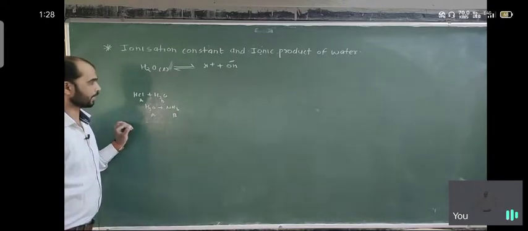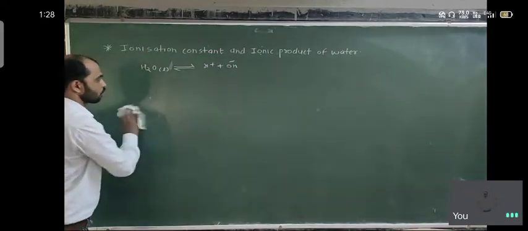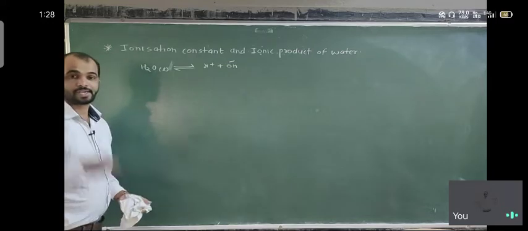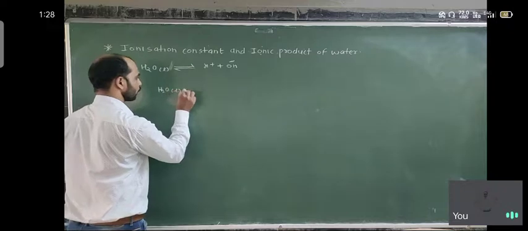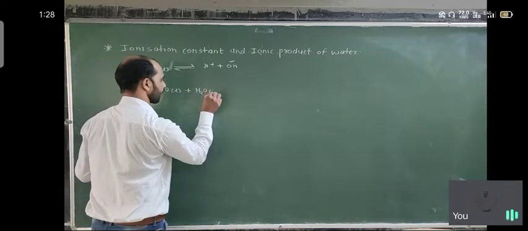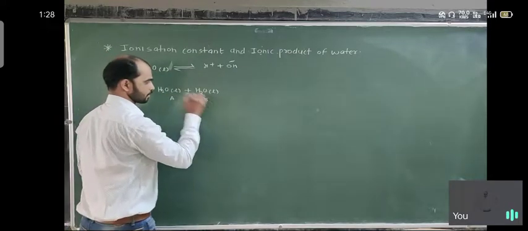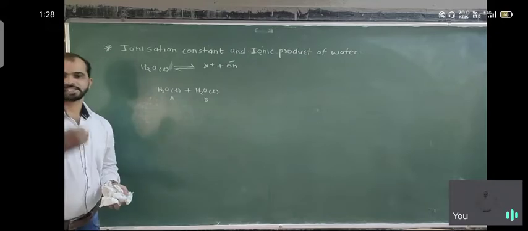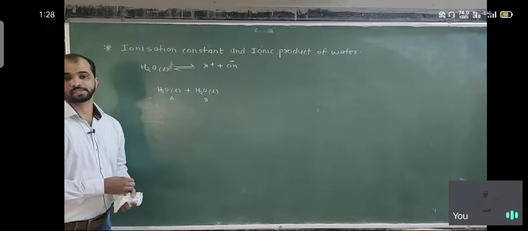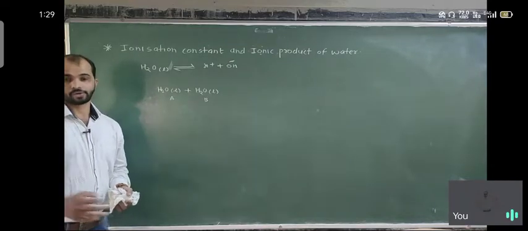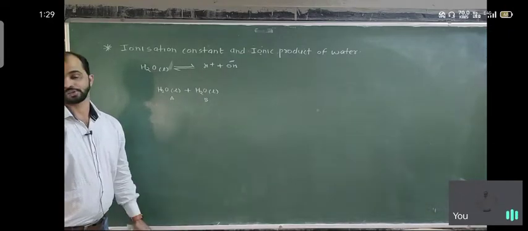That is called amphoteric in nature, meaning due to this, water ionization is difficult. It undergoes ionization where two water molecules interact with each other. One of the water molecules acts as an acid, another acts as a base. So what is an acid? An acid is a substance which is able to donate the H plus ion, and a base is a substance which accepts the H plus ion, according to the Lowry-Bronsted theory.